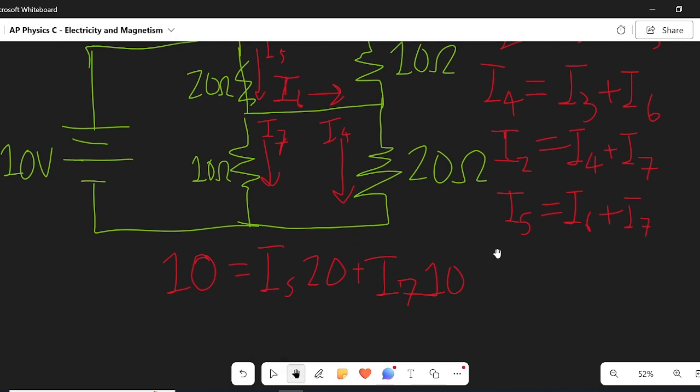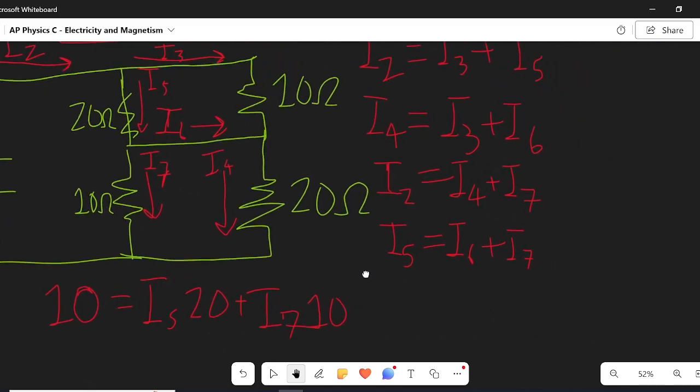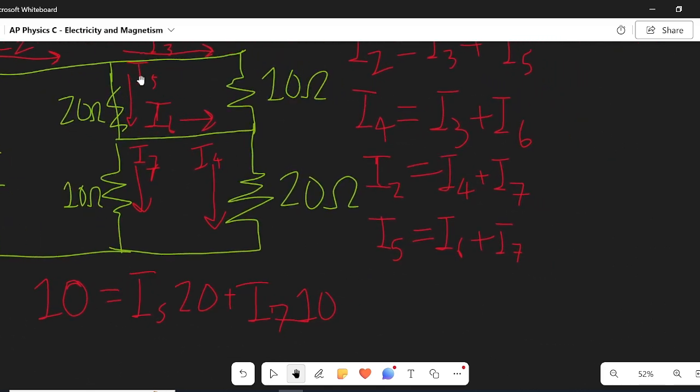Now let's consider another loop, right? Let's consider this top loop up here. So now we have that I3 equals,